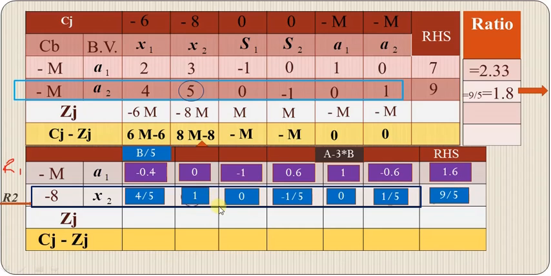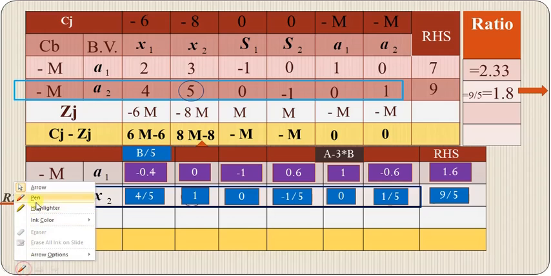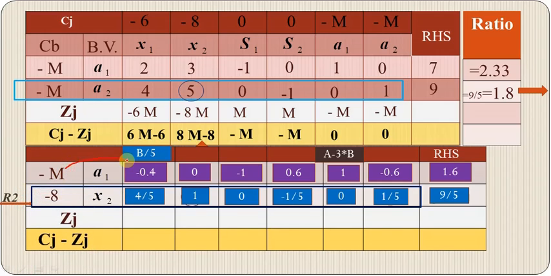For finding the entering variable and leaving variable, we are calculating Zj. Again, for calculating Zj, we have to multiply minus m into 0.4, minus m into minus 0.4, plus minus 8 into 4 by 5. Then you will get 0.4m minus 6.4. Then Cj minus Zj. What is the value of Cj? That is minus 6. So minus 6 minus 0.6m minus 6.4. If you are simplifying this equation, we will get,